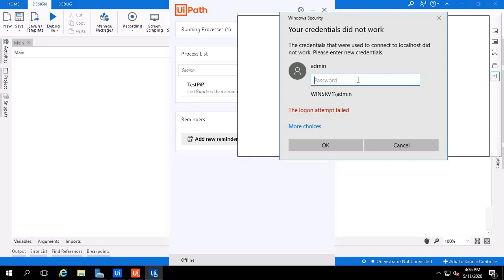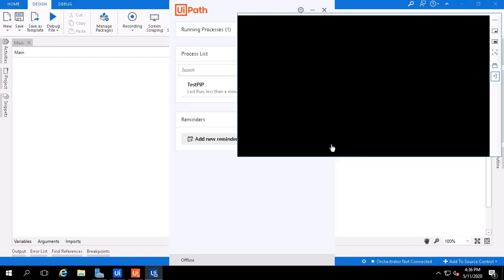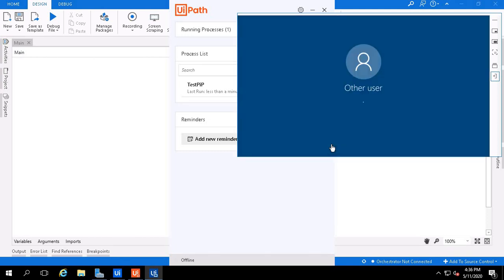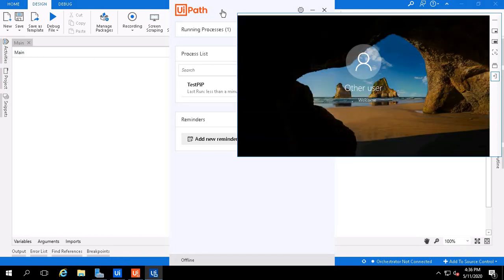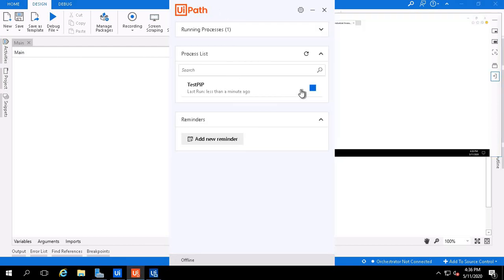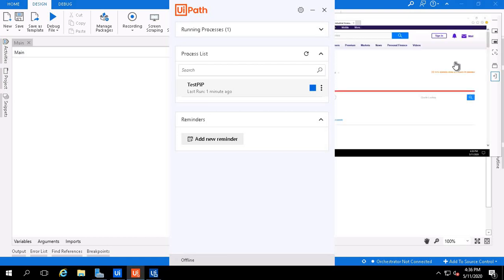So I am going to provide credentials. One more thing you have to keep in mind, you have to give the credentials quickly. If you take time, it will time out. So I'm clicking on this. You can see now your process has started in this PIP. Also you can see your process has started here, and in the PIP window you can see a browser opened